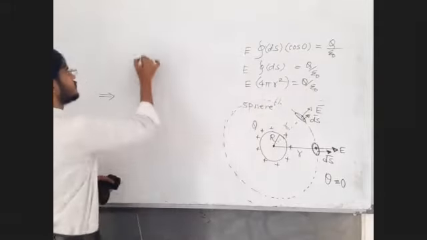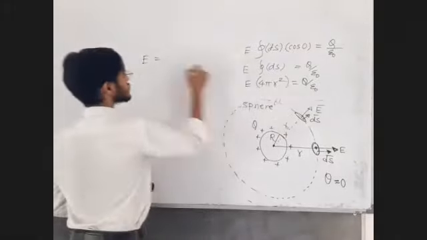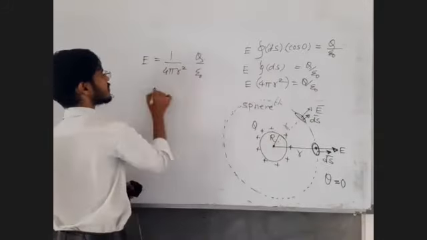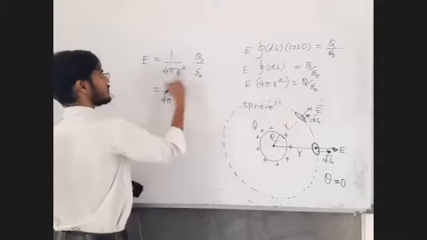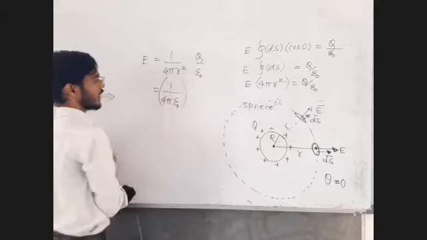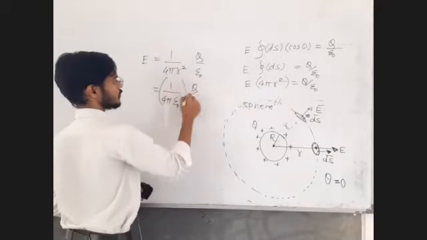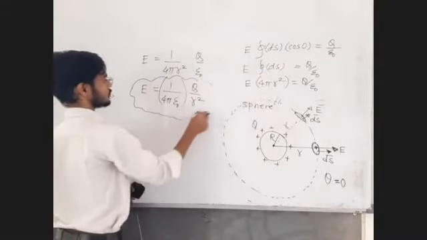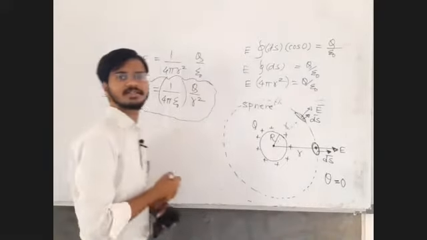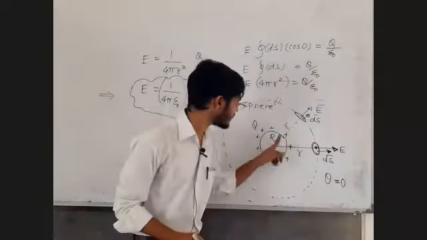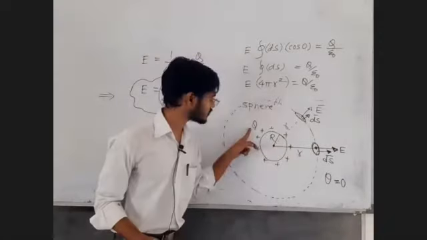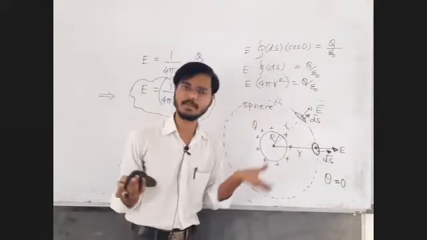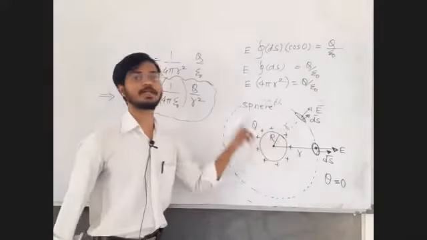E is equal to, on the right hand side, q upon 4 pi epsilon 0 r square. It's a small rearrangement. Why this epsilon 0 here? Because we already know this value, 9 into 10 raised to 9. This epsilon 0 here, q upon r square here. It's as good as a point charge placed at the center. If this charge q were a point charge placed at this point, you would have got the same answer. So it is as good as a point charge placed at the center.